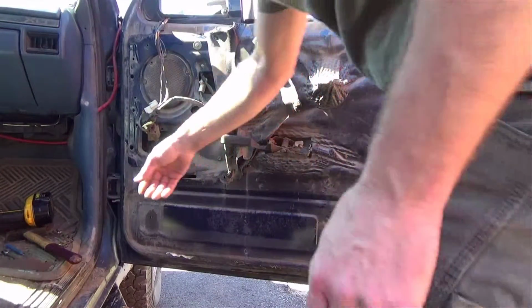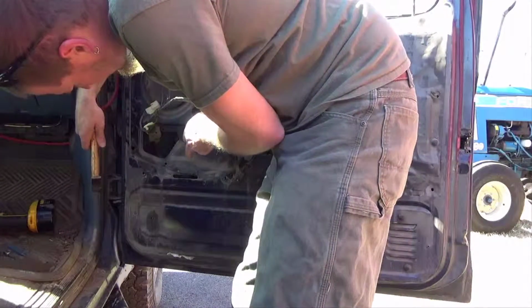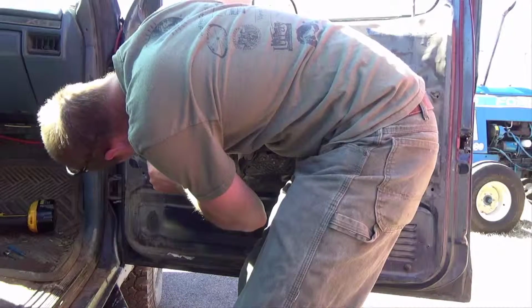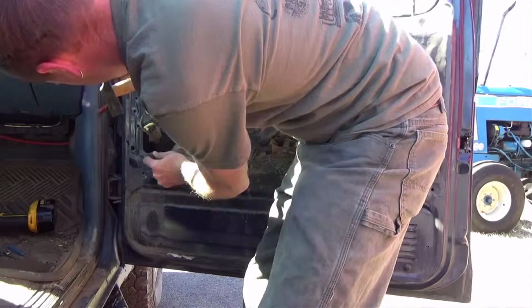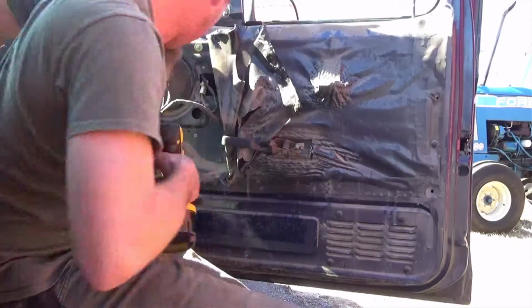First thing I'm going to do is take a punch and put a mark right here where there isn't an indentation, so I can start this drill bit without it walking all over the place on me. Then I will drill out what